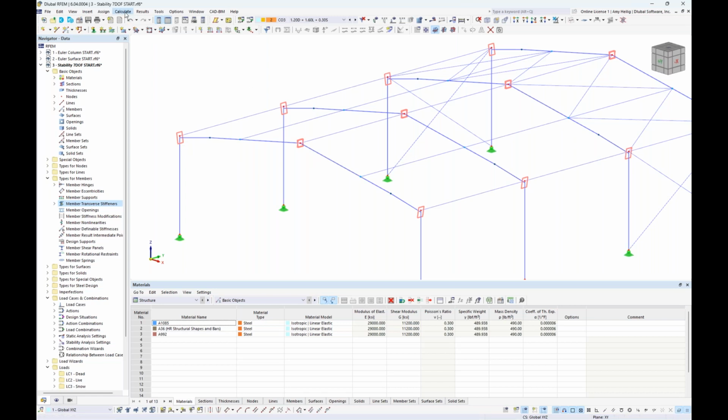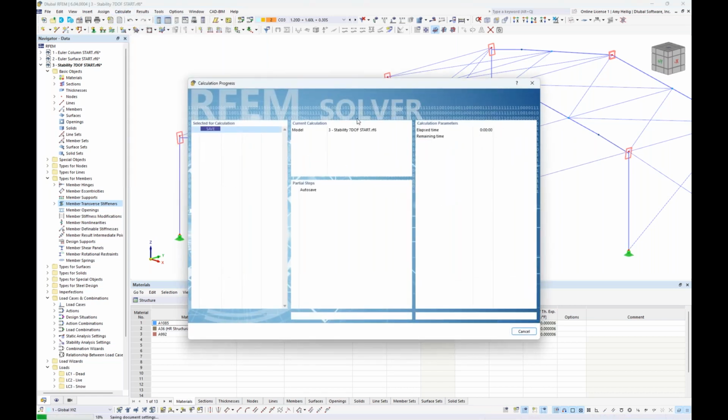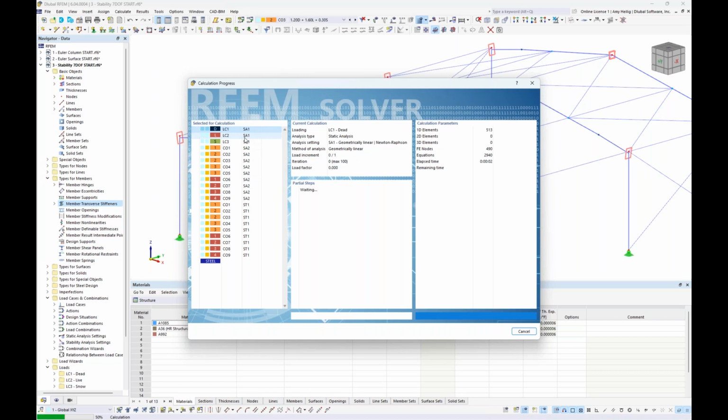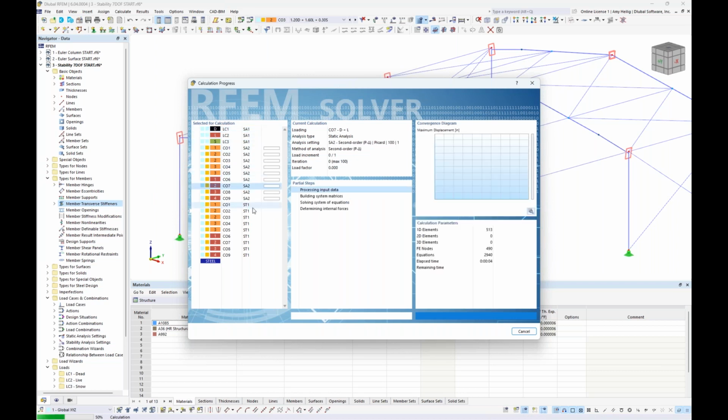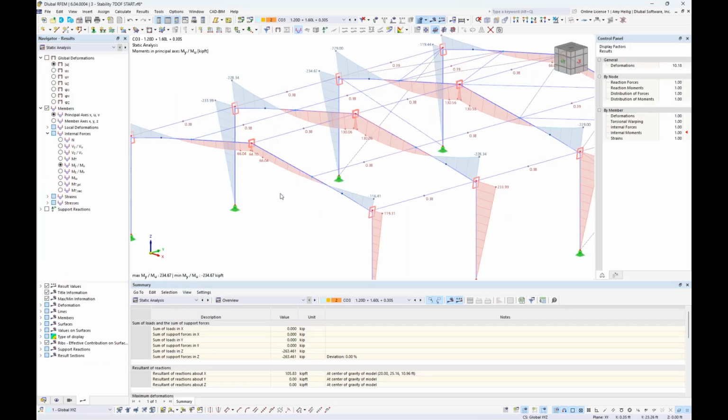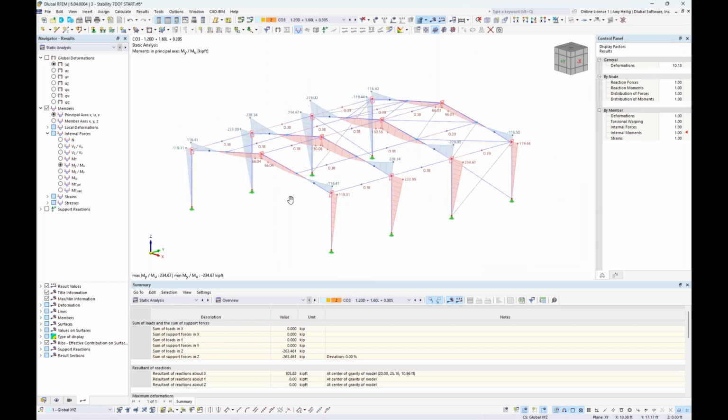So now we want to go to calculate all, and we have to rerun the static analysis now with 7 degrees of freedom. So we see the load cases carried out, but also those load combinations according to a second order analysis. Then we run through the structure stability again for all load combinations, and we should see slightly different results here. So number one, taking a look at the static analysis results, which we can view the internal forces